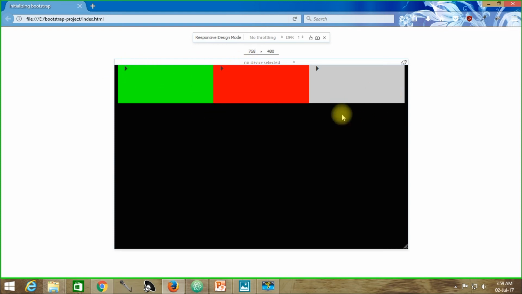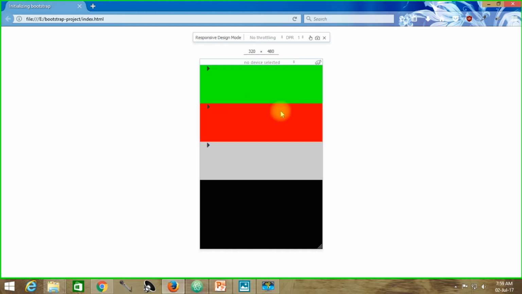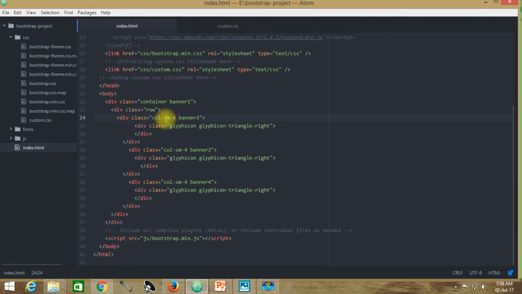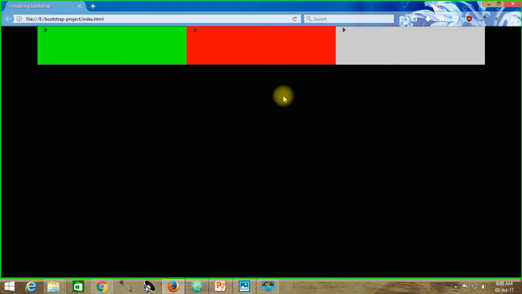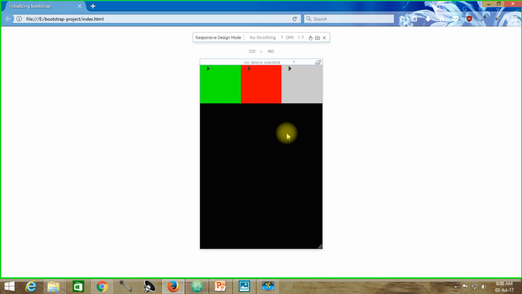So if you are talking about horizontal display under mobile preview like this one, this is the mobile preview, 320 pixels is the width. All you need to do is make some changes over here. That means instead of col-sm-4 you are using col-xs-4. Press Ctrl S, save the project, get back to your project and reload. Now press Ctrl Shift M and enter into mobile responsive device, and now you can see that under 320 pixels the contents are getting horizontally aligned. You see here, this is the main thing.